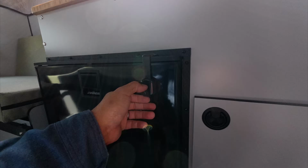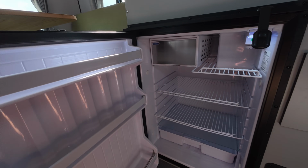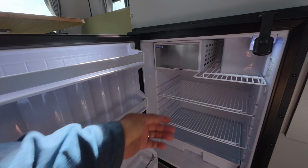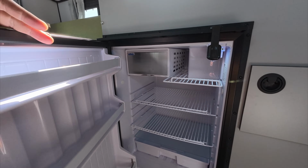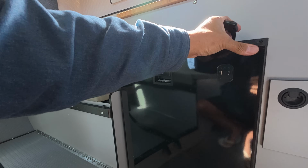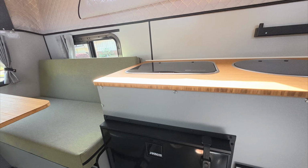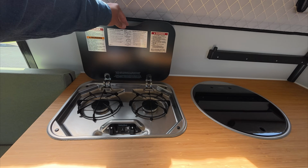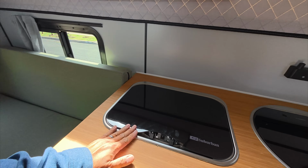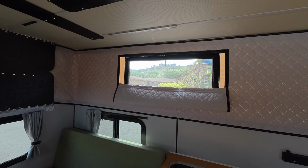And over here we have the 130-liter compressor fridge. Runs off of 12 volt. Really big. Has a little freezer section for ice, anything frozen like ice cream. It's great to have that as an option. Above, 2-burner stove. Also glass top flush to the counter. As you can see, 4 big